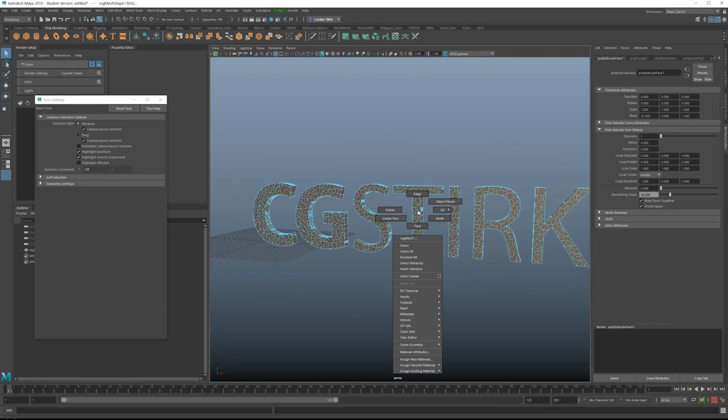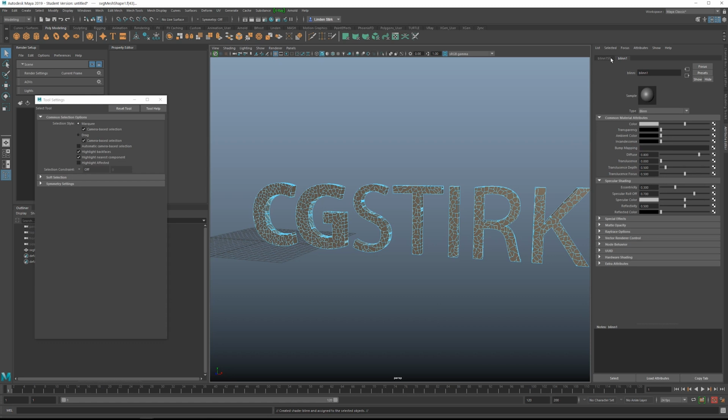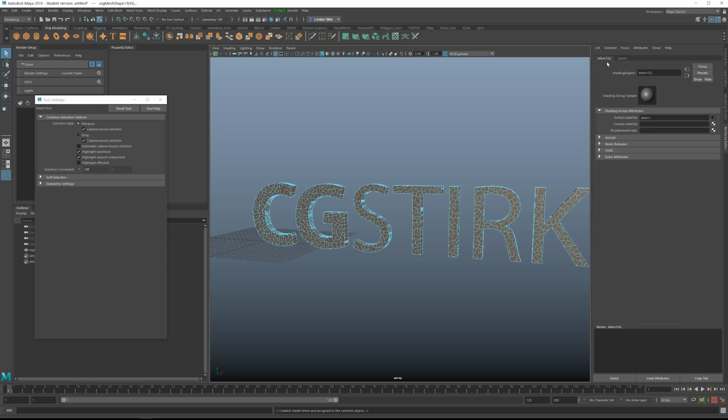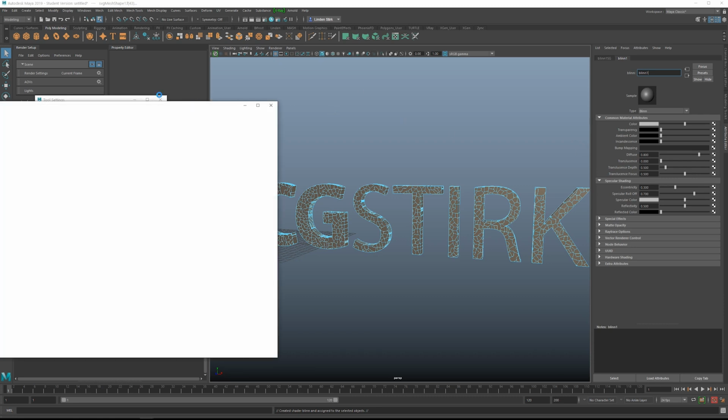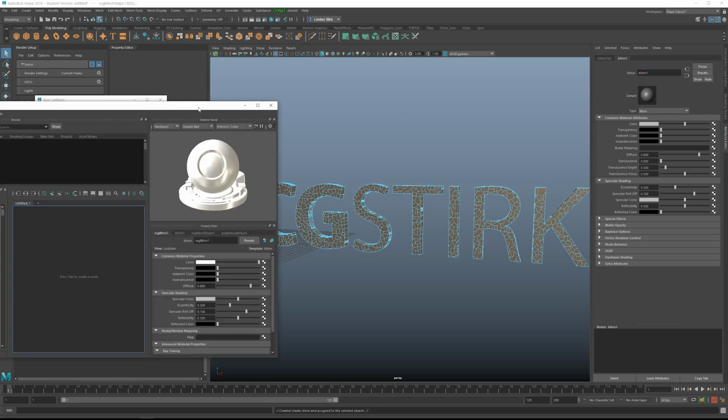All right, so next we want to right click over one of these pieces, go to Assign Favorite Material, and you can just select Blend. All right, so we want to rename this blend, but we have to do it through the shading group. So click up here, and we're just going to type in outer. Now, the reason you have to do the shading group is this is what the OBJ is going to store, and this is what Element 3D is going to read. If you just change this material name, it's not really going to show up in Element 3D. If you didn't do that at all, it doesn't really matter. It just makes it easier to figure out which material is what.